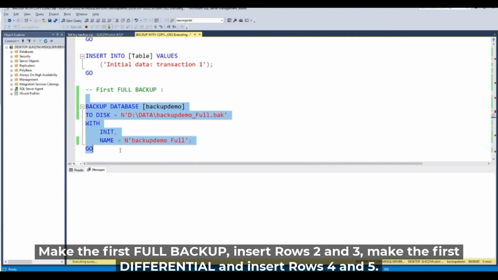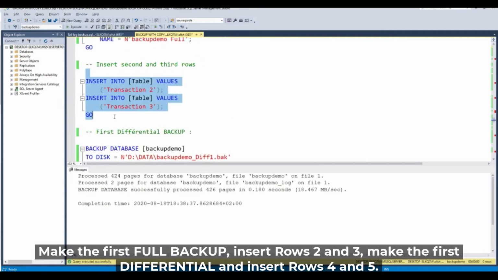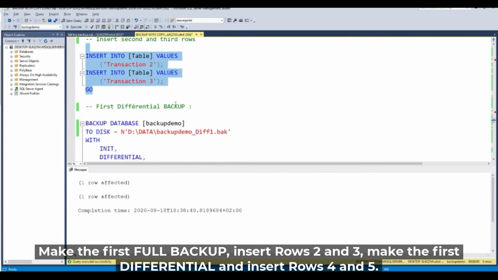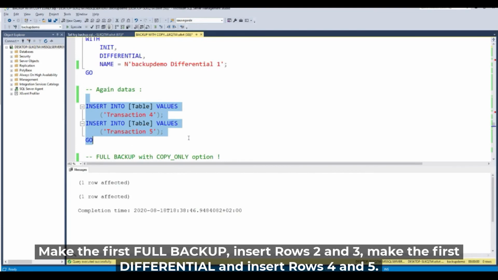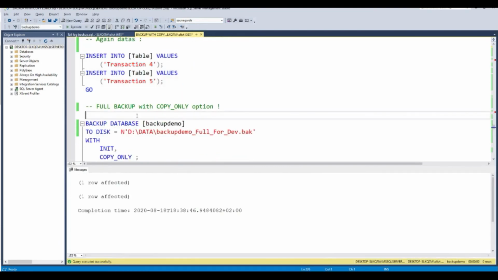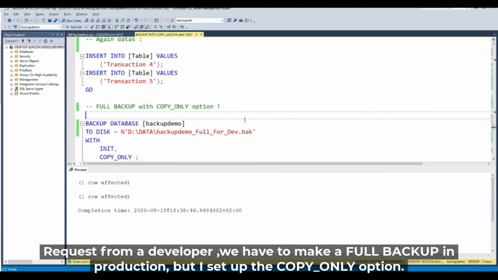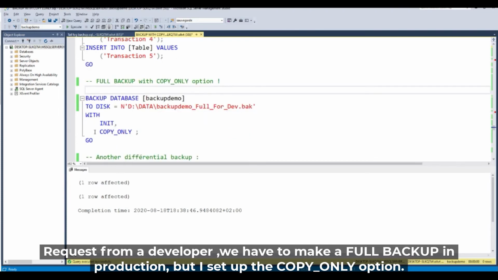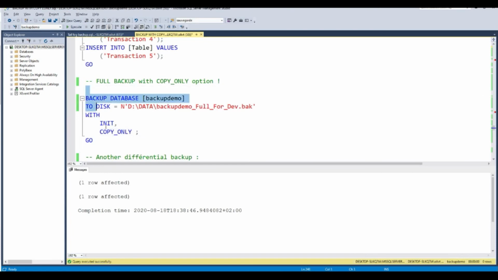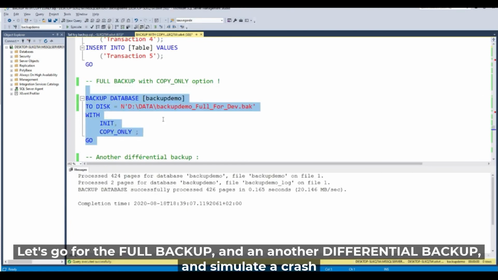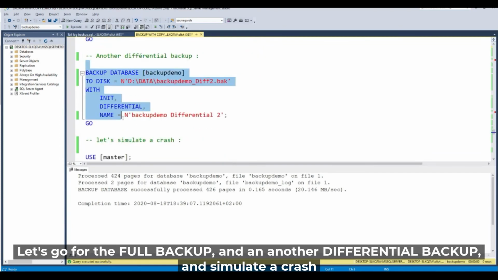Make the first full backup, insert rows 2 and 3, first differential backup and insert data. Request from the developer, we have to make a full backup in production, but I set up the copy only option. Okay, with init and copy only.